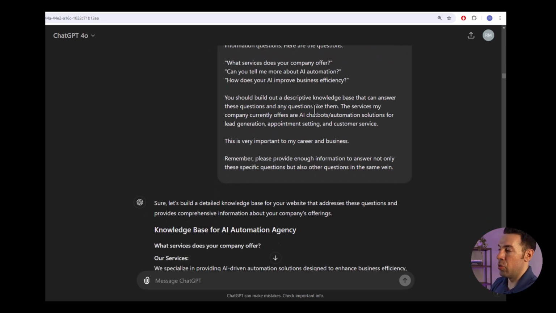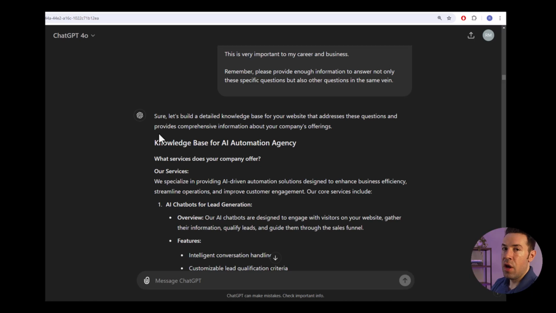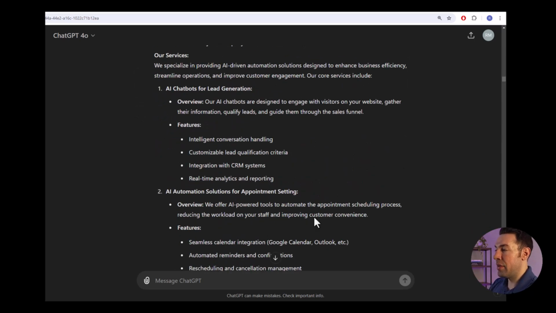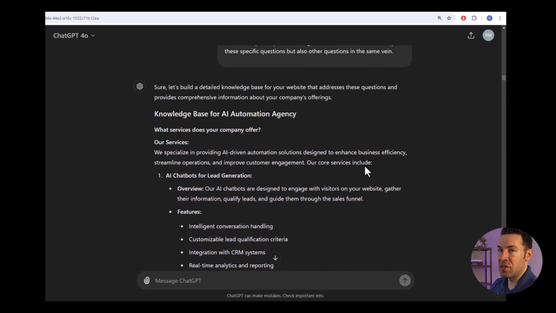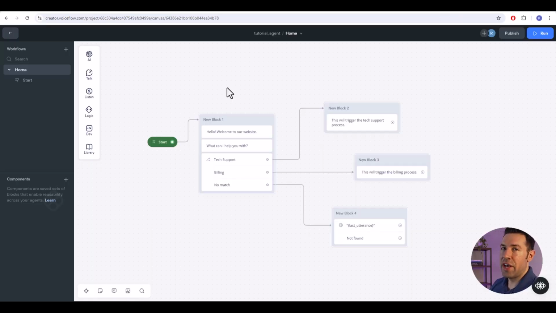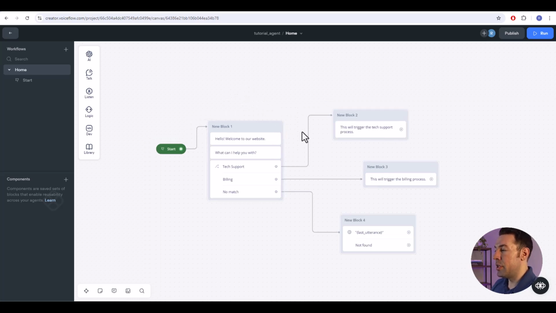Now, obviously, you'll want to go through its result and modify it, but this is how you get the base. This is how you get the format, the base information, and then you can go in and adjust it based on your particular business. Now, once you actually have the knowledge base built out, and that can take some time, obviously, but once you have it built out and it's pretty accurate, in order to load it into your model